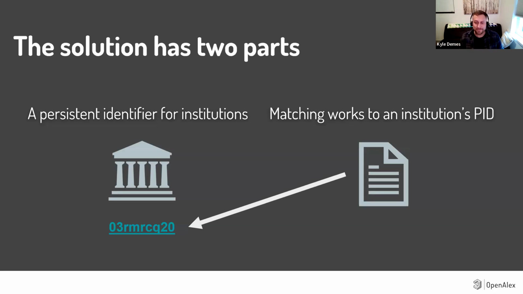And then the second part of the problem is doing that matching of the information we get from works to that institution. And we went back and forth a few times on what order we should present this in, but we ended with, I'm going to talk about the matching and then all the cool things you can do because of that matching. And then Amanda's going to talk about how this persistent identifier, or ROR, enables all of the things that we do there.